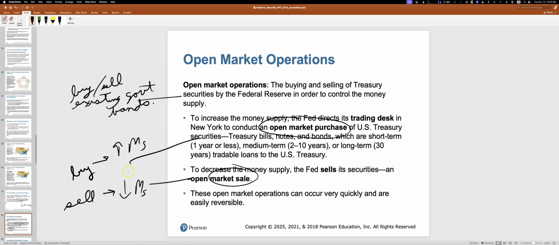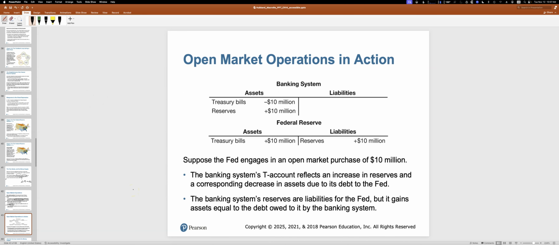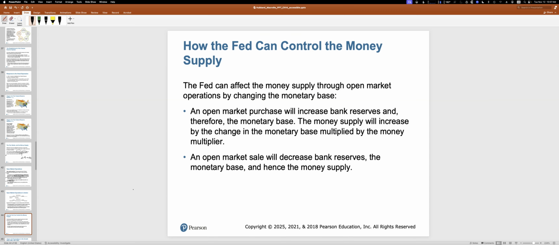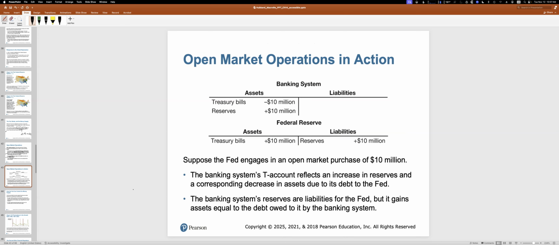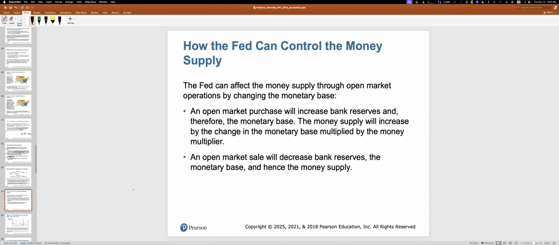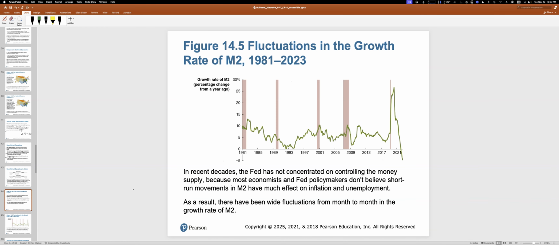And this is the primary way that the Federal Reserve changes the money supply, by buying and selling U.S. government debt, of which there's a lot. And so we can kind of see this description right here. I'm not going to go over these few slides because I'm worried about how long this lecture is becoming, but you can see this is essentially the description I just had here.